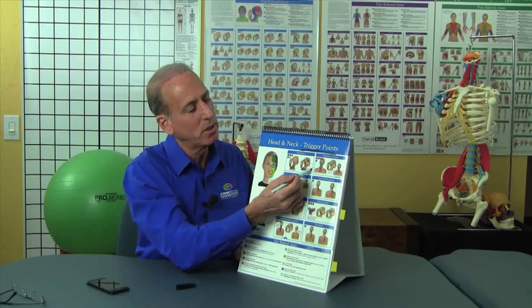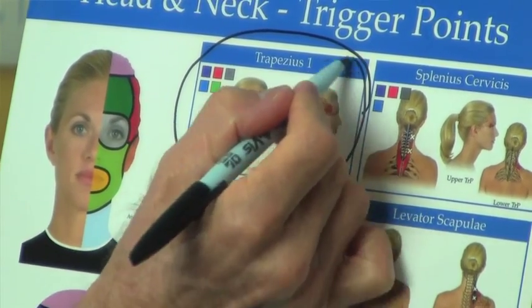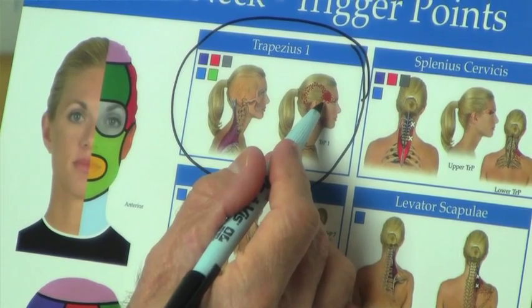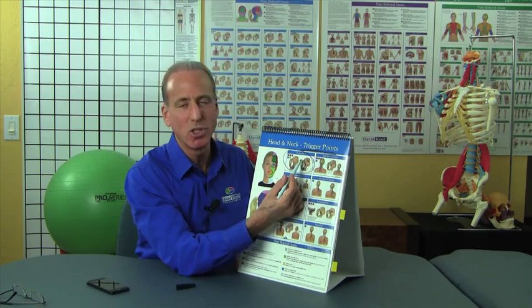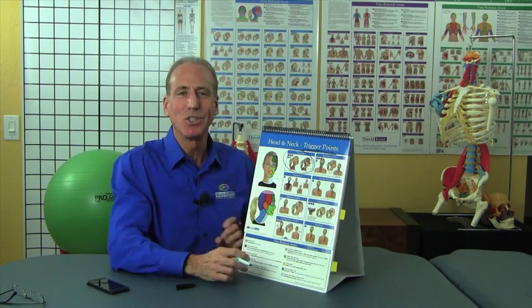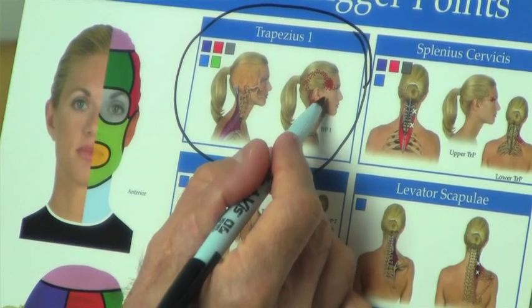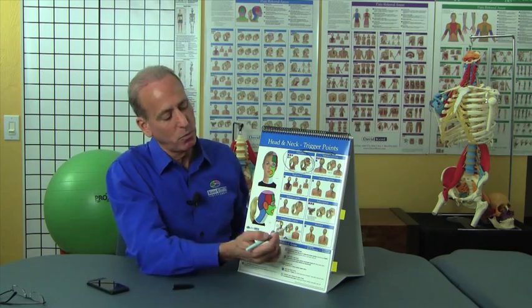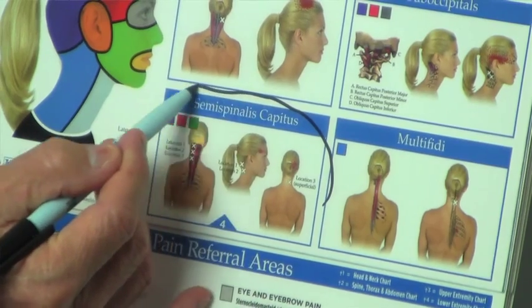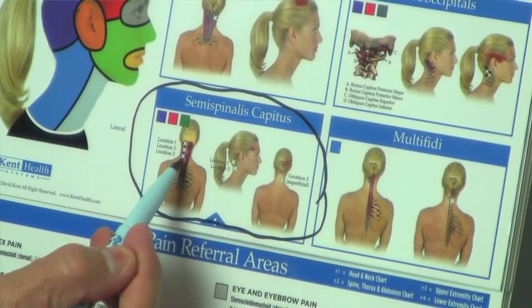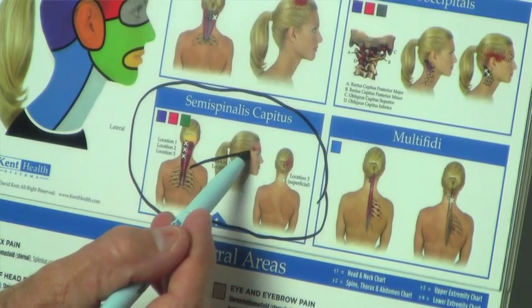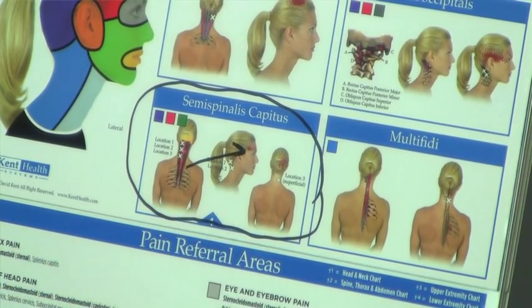So I'll take a moment to show them a few images. For example, the upper trapezius, trigger point number 1, how you could be treating, or I could be treating in the upper trapezius region, and how that can refer into the forehead or into the temple and behind the eye. We could go a few layers deeper in the neck and we will see the semispinalis capitis, for example, and how there are multiple trigger point locations in that muscle that again refer to the